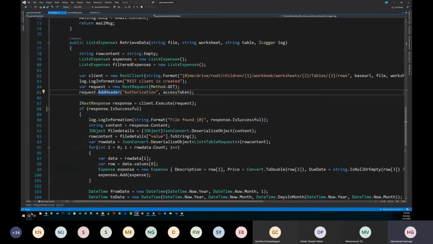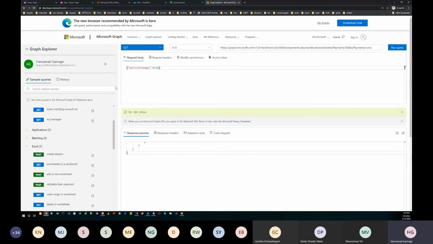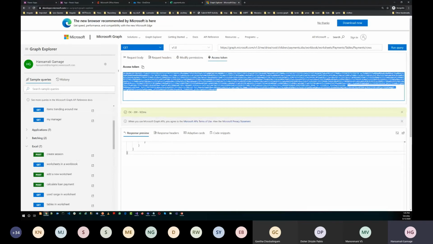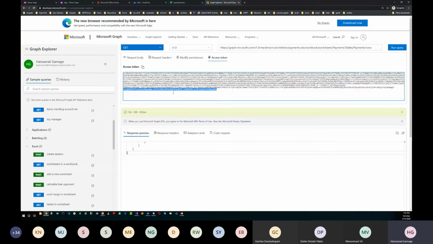In the Graph Explorer, you provided your credentials, your username and password, and your consent, right? If you check the request, this is a get request. If you check this access token part, you can see this access token related to your credentials is passed to Graph API to get this data.